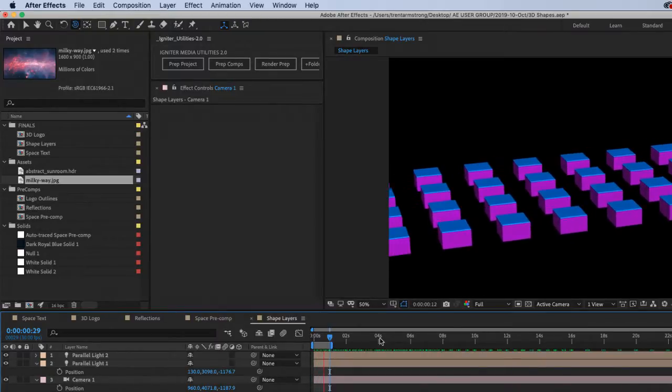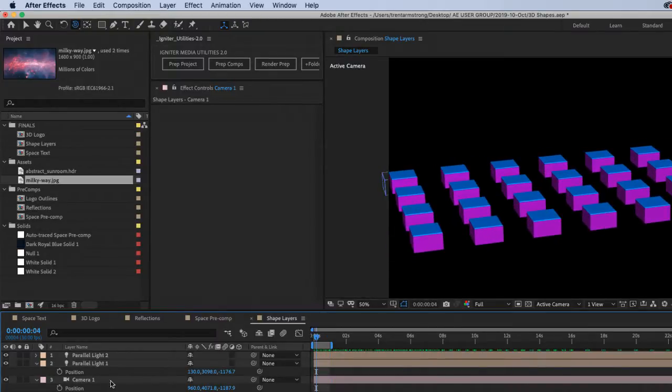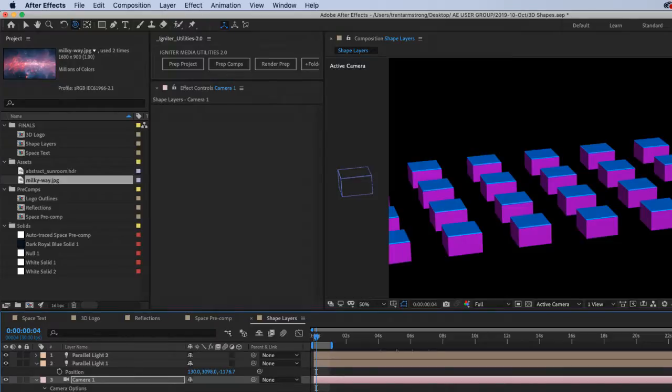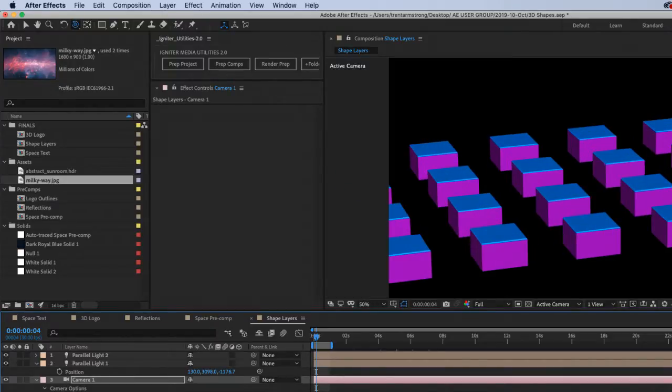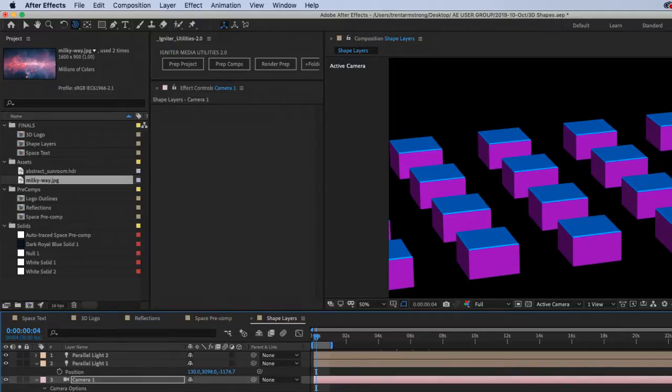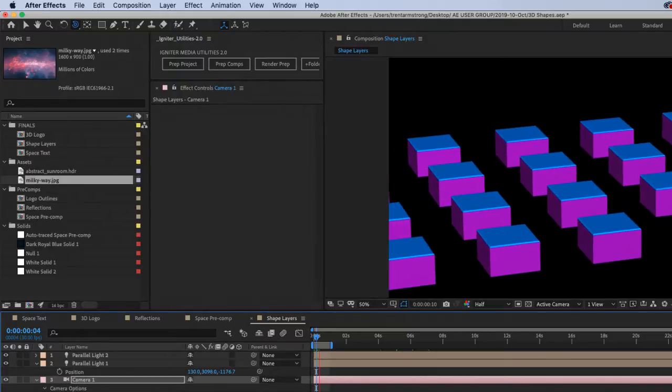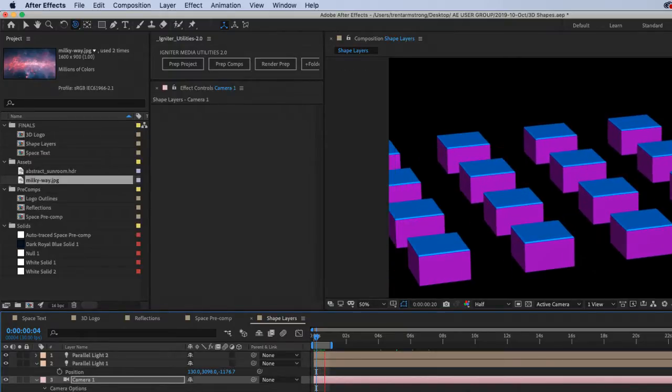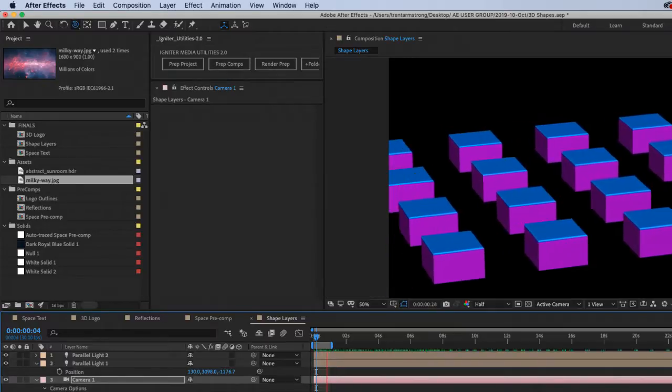Now we have our boxes going. Zoom in on those guys. Half res. Go a little faster. All right.